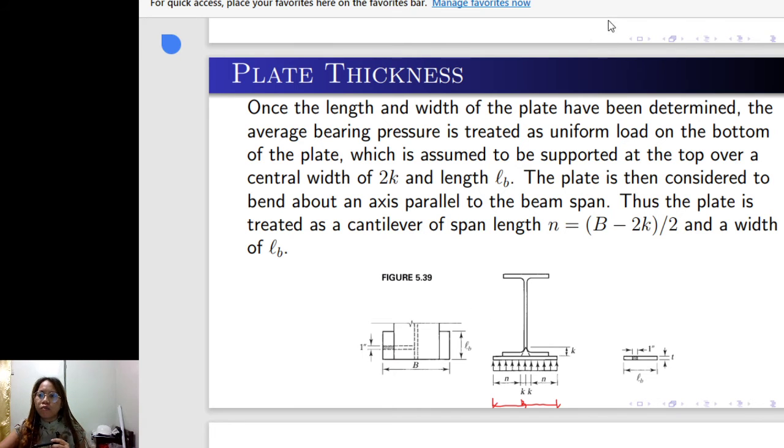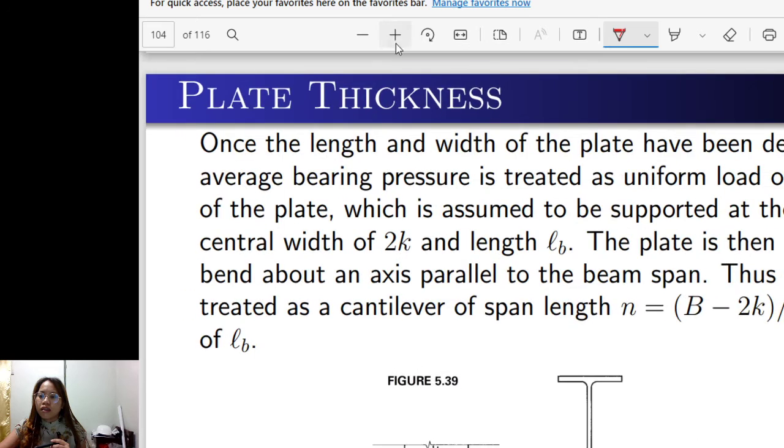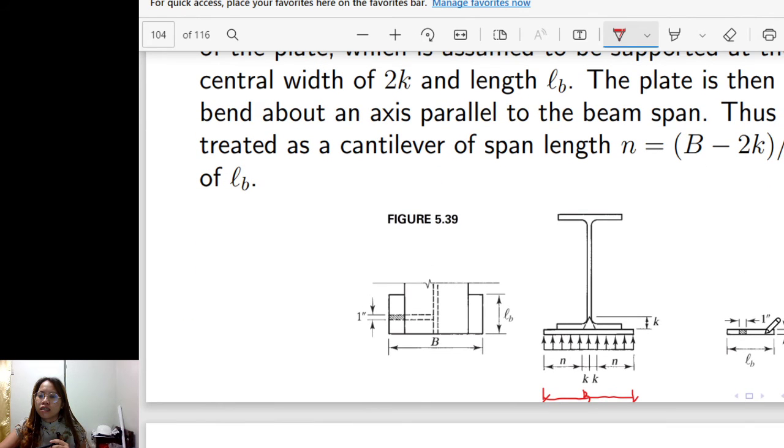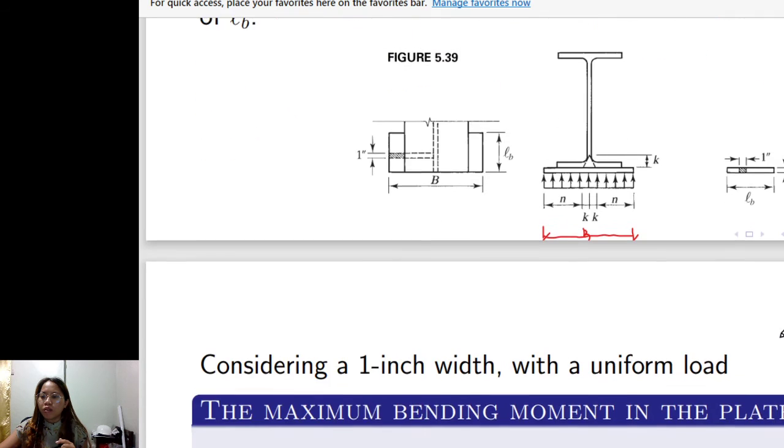And we consider 1 inch of L sub B with a uniform load. So considering this 1 inch width with a uniform load,